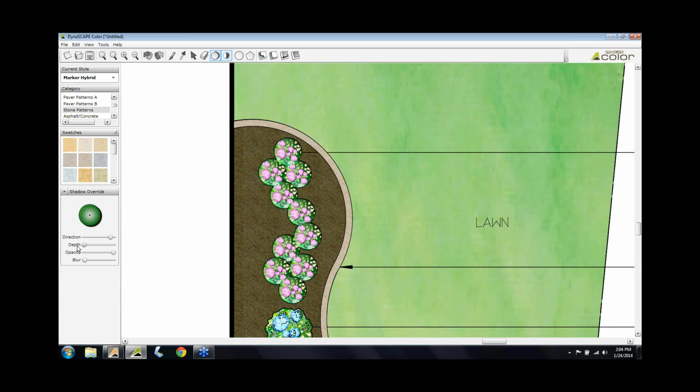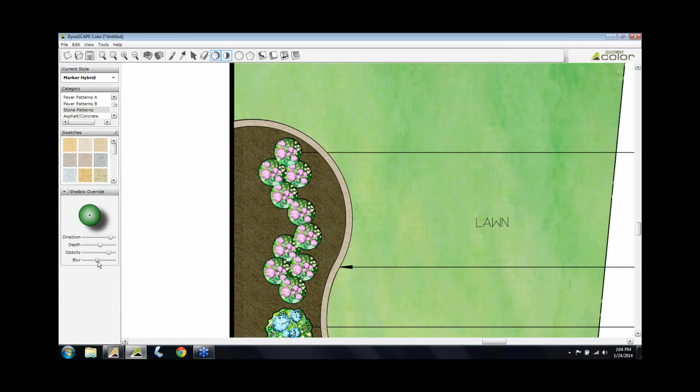You can assign a depth, so your perennials are going to be the lowest, or whatever you want to say, the narrowest shadow, and your trees are going to be the largest shadow. So perennials, I make them small. You can play with the opacity, so you can kind of see some things underneath. So I always bring that back to maybe 60%, 55, 60%. And then you can blur it,